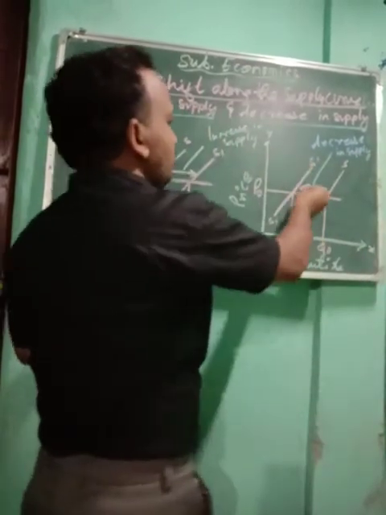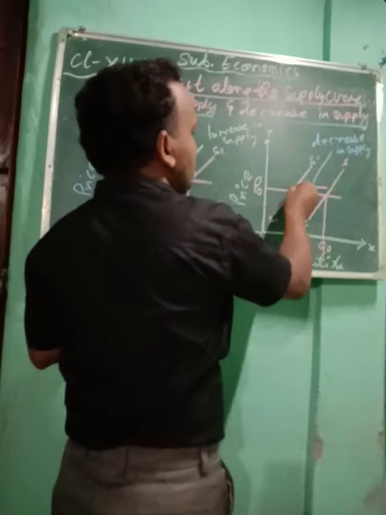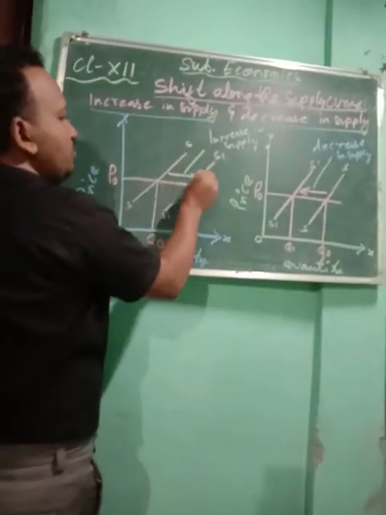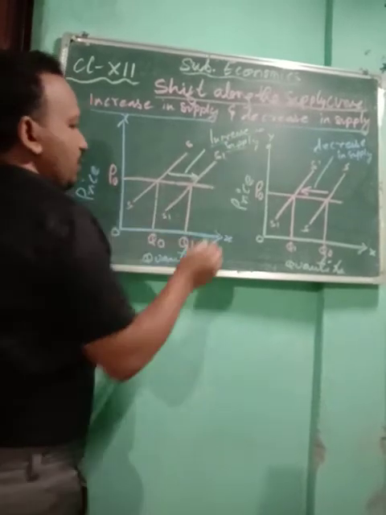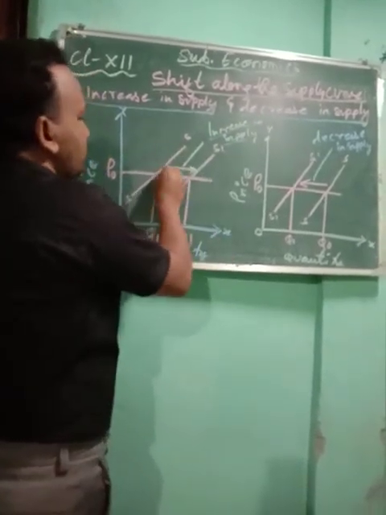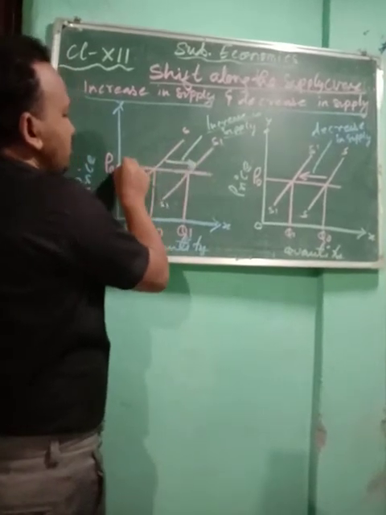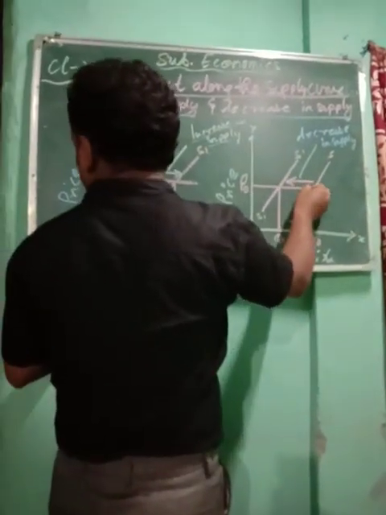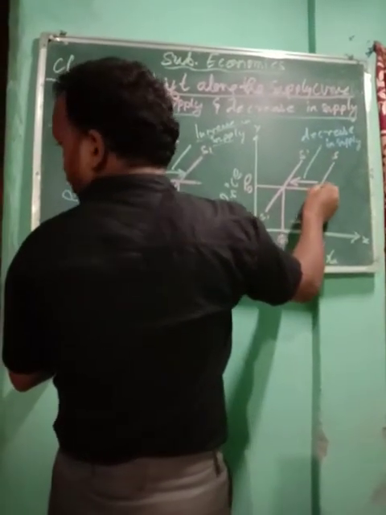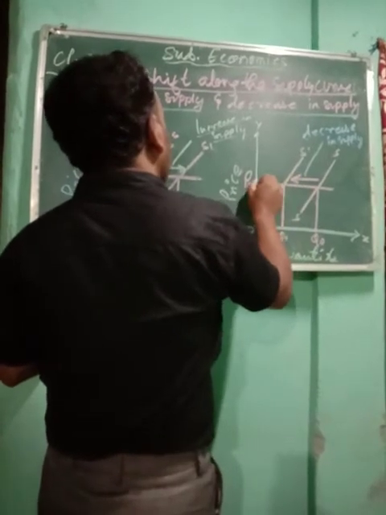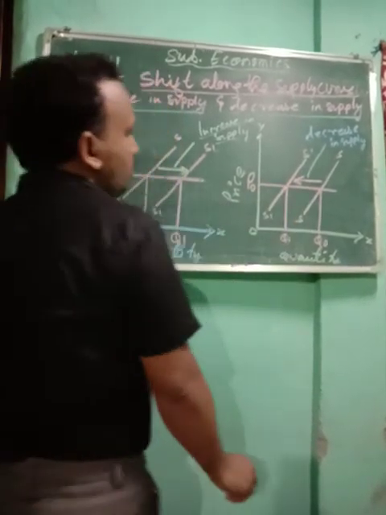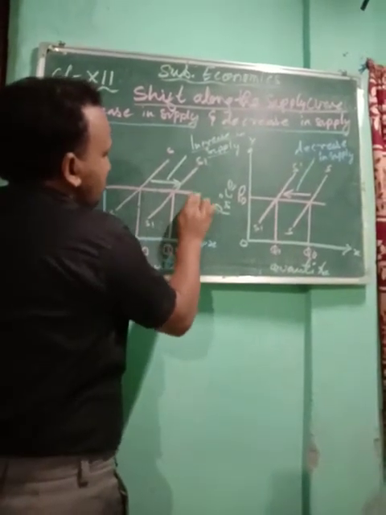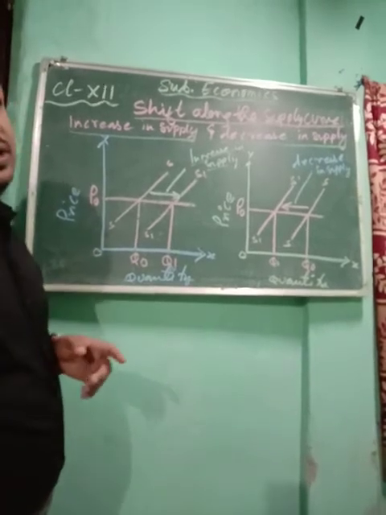Okay, so you see here this arrow is moving from right to the left. This is your decrease in supply, and this arrow, it was moving from left to the right. This is your increase in supply. Okay, so you see this arrow, it shows increase in supply. Why? Due to change in other factor, that is cost of the production. Here there is reduction in supply. Why? Due to change in other factor. Okay, but here the price will remain constant. There will be no change in the price. Price is always fixed in the shift.